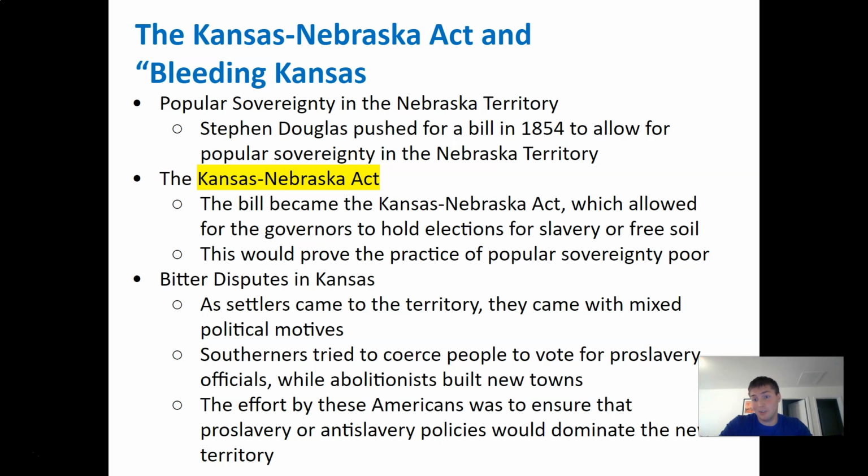Well, we'll see a lot of things go wrong. But in 1854, the Kansas-Nebraska Act will pass, allowing for elections to be held and for governors to choose whether they want it to be free soil or slave state or slave area. So what's going to happen because of this? Well, Americans are going to want to settle in Kansas to make farms, but they're also going to want to get there quickly to rig elections in favor of their side. Both northern and southern Americans are going to get over to Kansas as quickly as they can, hold elections quickly,